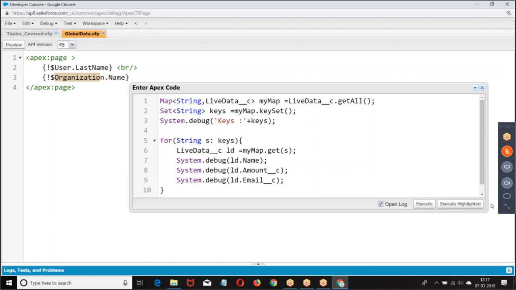How many types of custom settings do we have? Two types: list custom setting and hierarchical custom setting. List is for storing a group of records. Hierarchical is for storing the data based on different users or different profiles. Different sets of values are stored for different users or profiles. Where can we use it? We can use the hierarchical custom setting in triggers or in validations. I hope you are good with this.